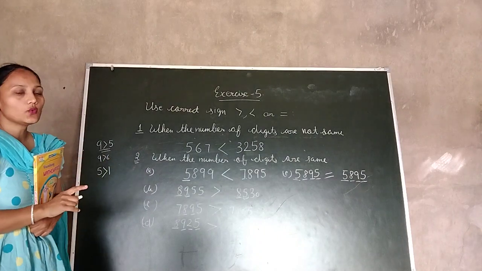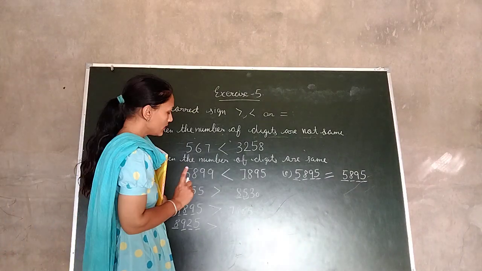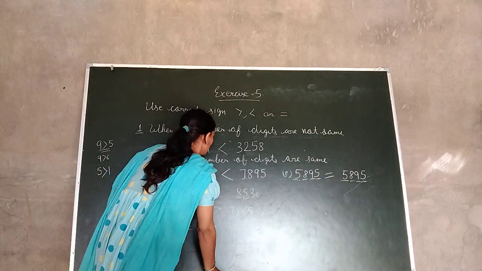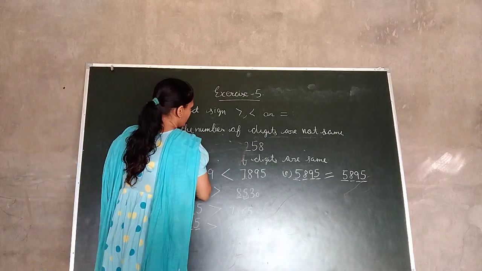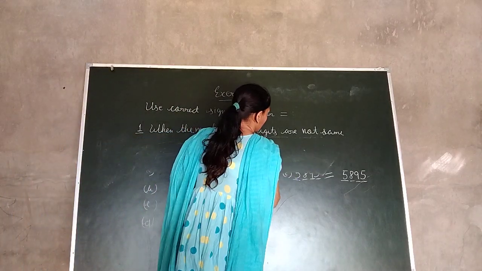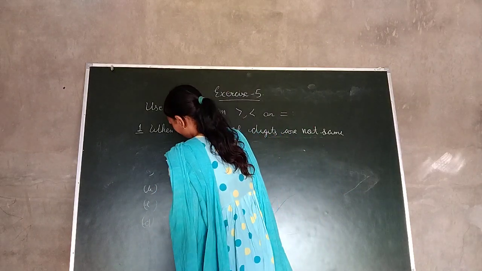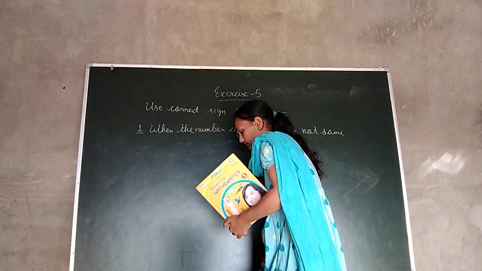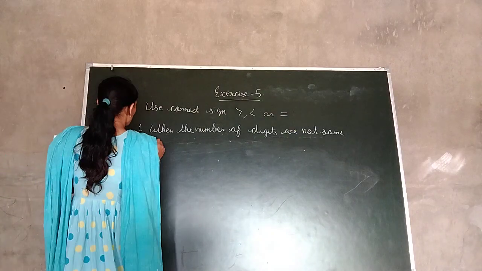So these are the rules to find whether the number is greater than, less than or equal to. Now we are going to solve the exercise. First question is